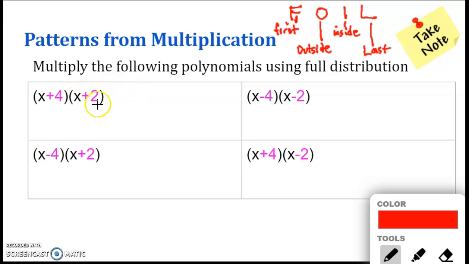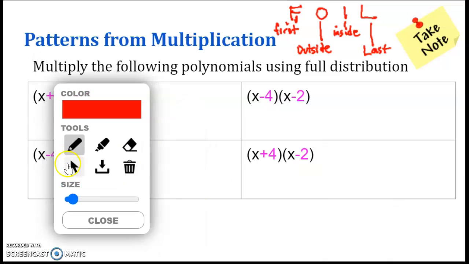What that means is when you're multiplying a binomial with a binomial, you first multiply the first term of each binomial. First with first, x times x, that's going to be x squared. And then you multiply the outside terms. x and plus 2 are the outside terms. You multiply those. And then you multiply the inside terms. That's the 4 and the x. And then lastly, the last with last. So that's 4 and 2. So when you do that, you get